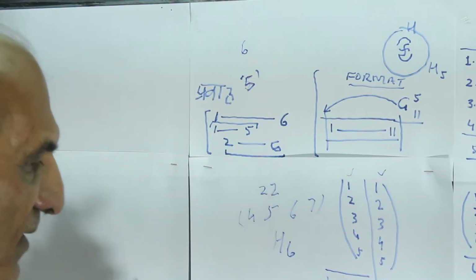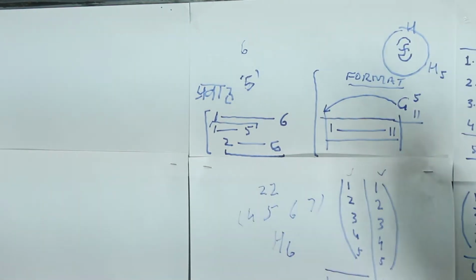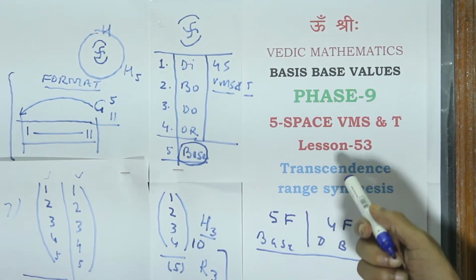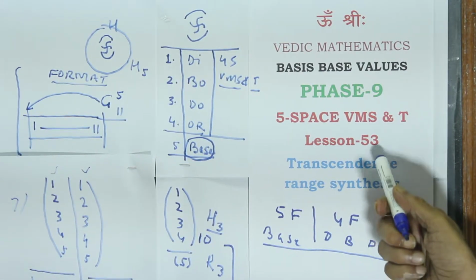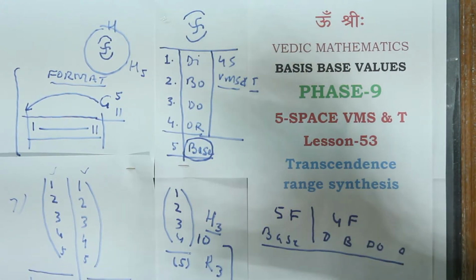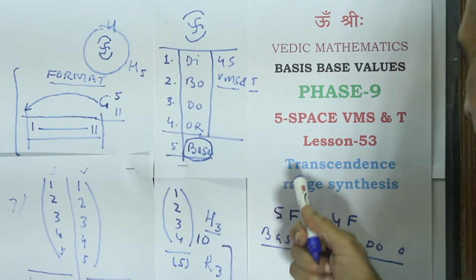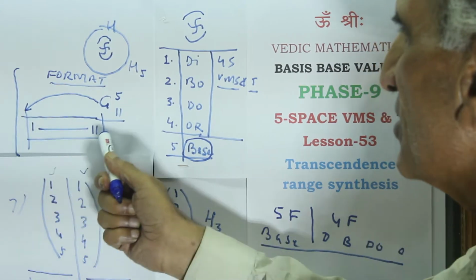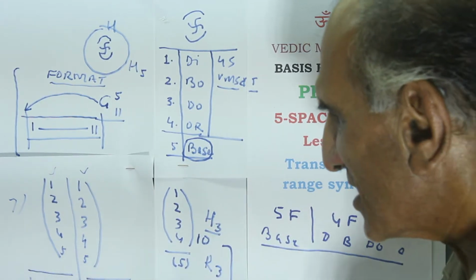Therefore, let us make a note in our notebook of 5 space VMST that the phenomenon of transcendence ranges synthesis is the phenomenon which is happening because of the self-referral origin. It is because of 6 space playing the role of origin of 5 space that the pair of transcendence ranges which avail a format of 11 geometries range will take us to a synthesis, and it is this synthesis of